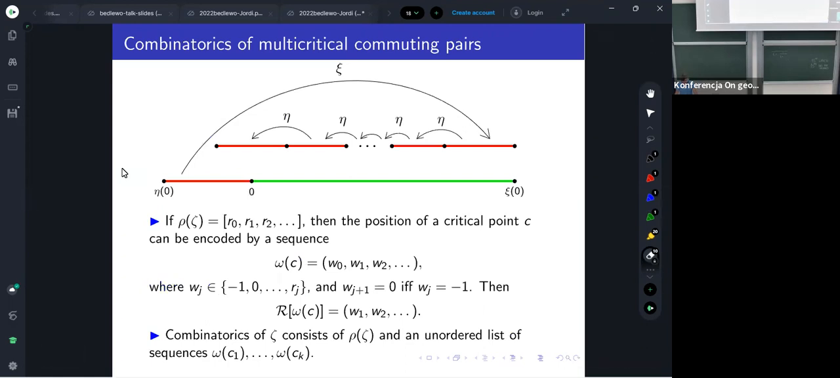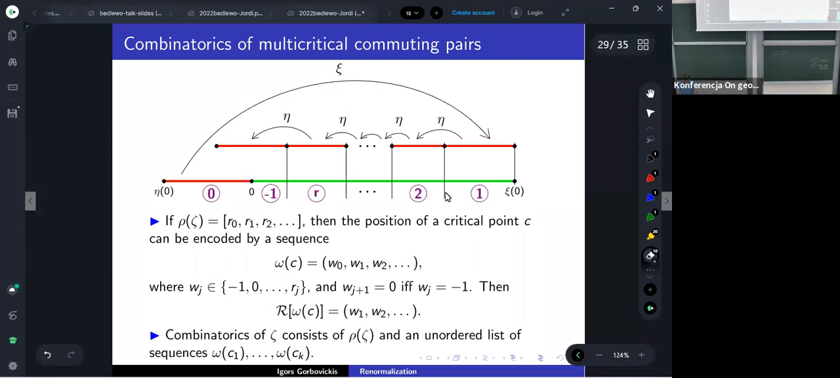So first of all, I will talk a little bit about a convenient description of combinatorics. From now on, we have many critical points, at least 3. One of the critical points sits at 0, and we have 2 other free critical points, which can be anywhere else. And I would like to describe the combinatorics, so the relative positions of these 3 critical points. A convenient way would be to introduce some symbolic encoding. So if I have a critical commuting pair like that, then if the height of the pair is R, it means that I apply the map eta R times here before I cover 0,